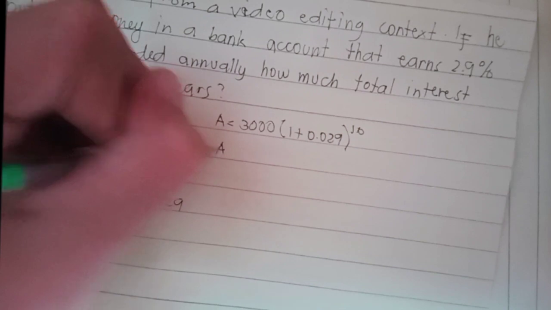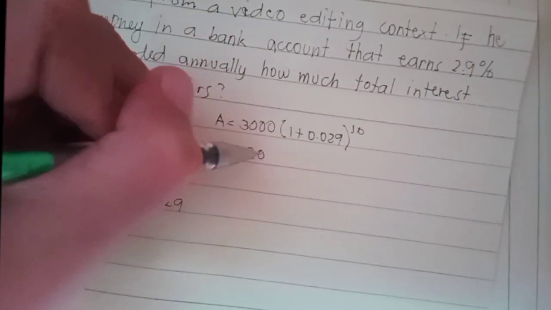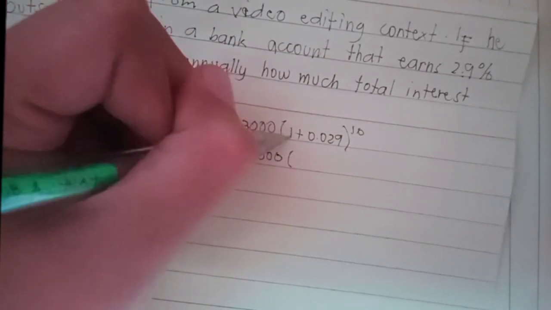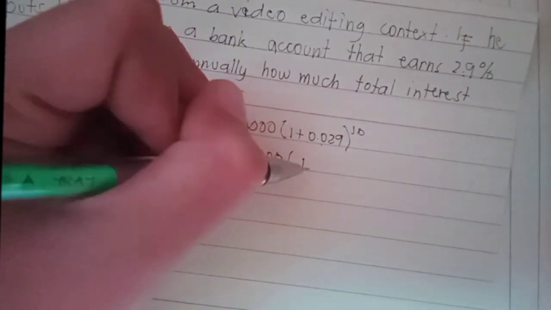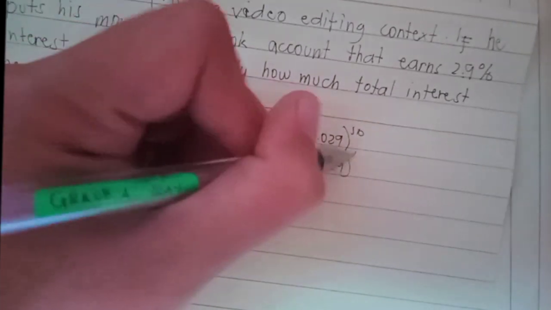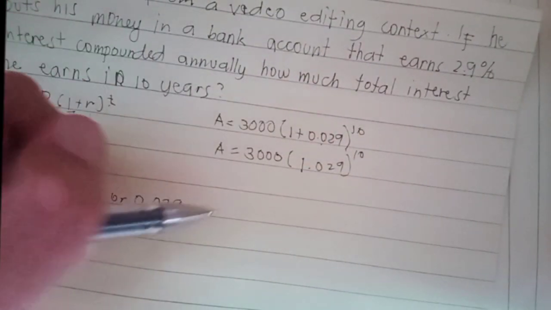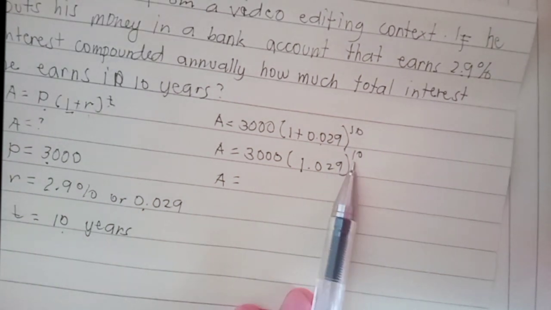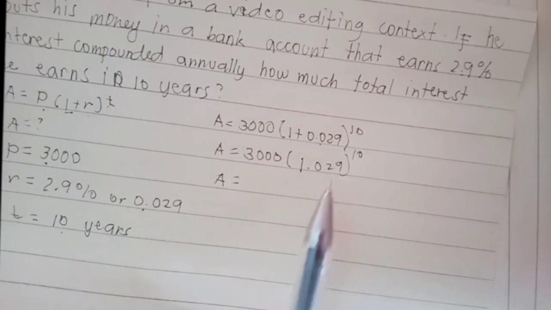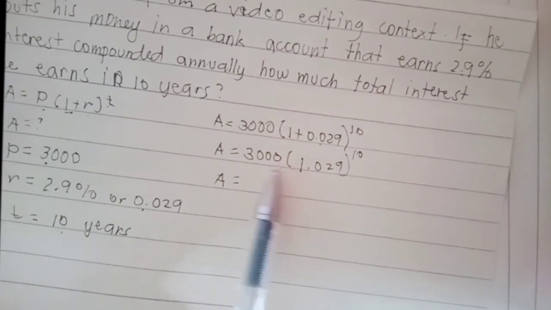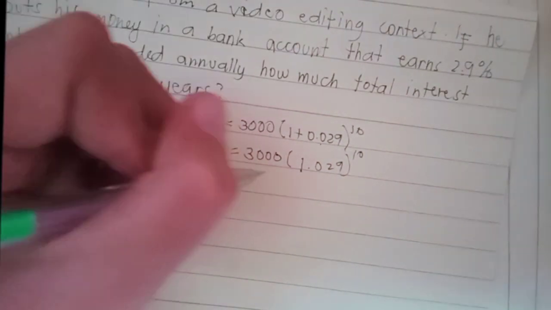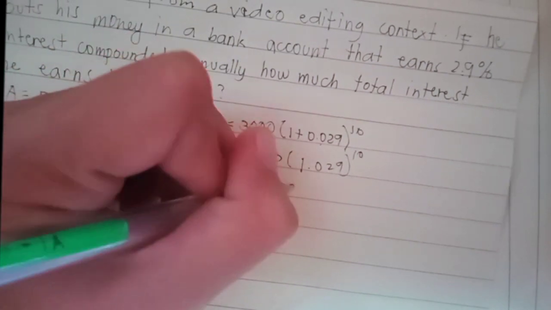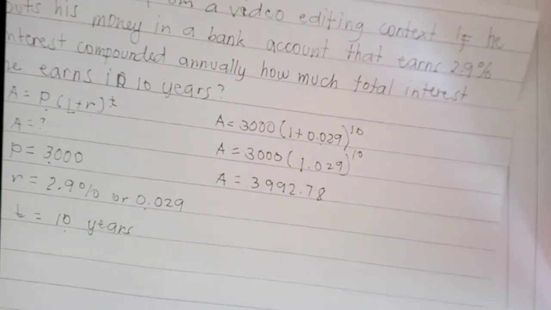Copy the value of principal, 3,000. Then add the 1 plus 0.029, so we've got 1.029. Then we put it to the exponent of 10. So after that, we have to multiply again the 3,000 to the value that we've got. So we got